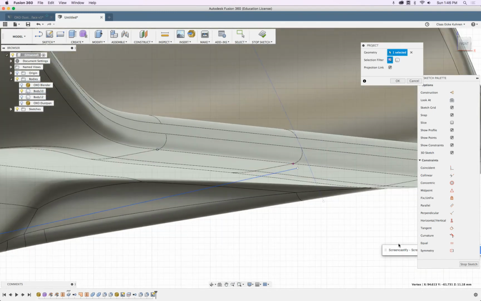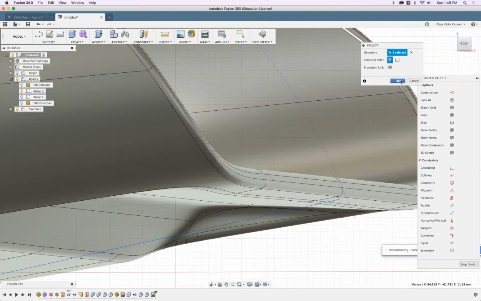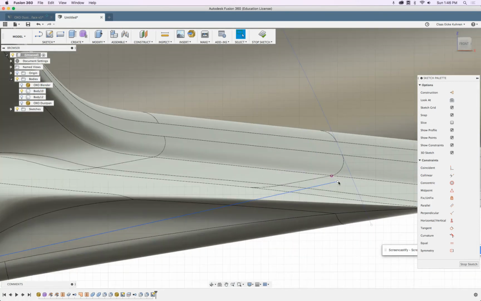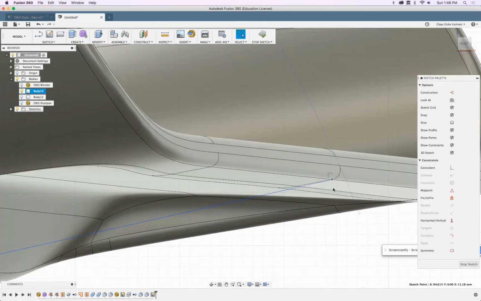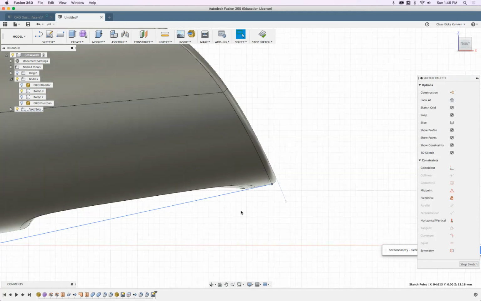It's just this point you see there. Okay, because with that I can connect this line to this point and it's glued kind of like to that